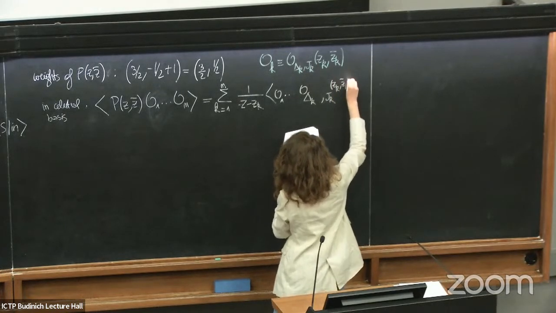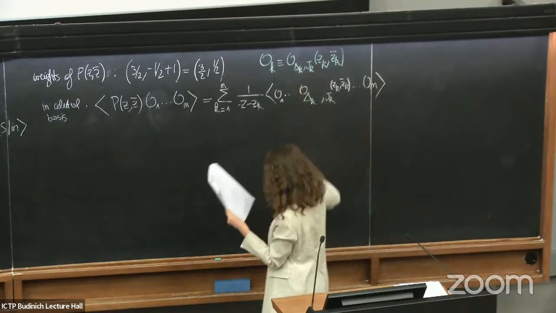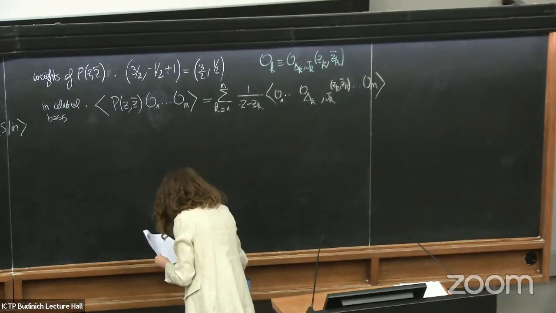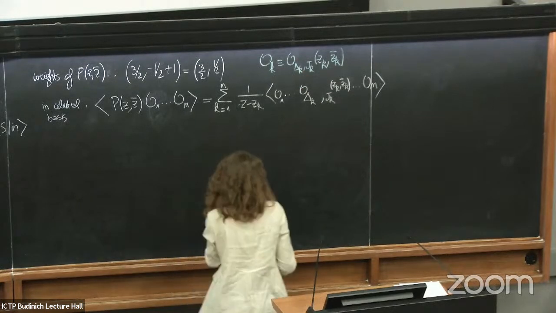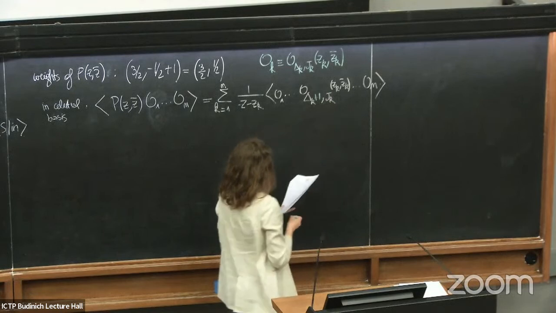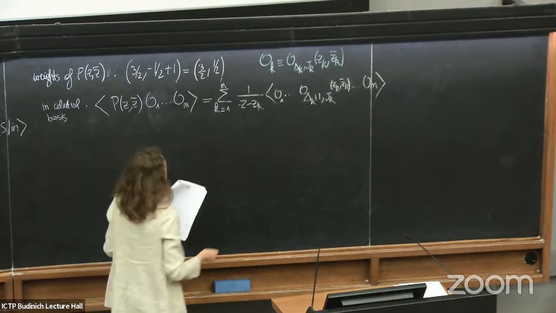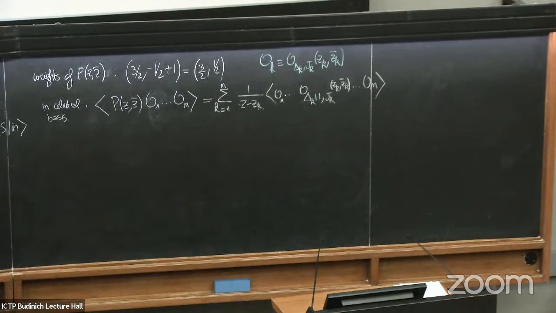You can check this very easily. This is just by definition of what is a celestial operator as a Mellin transform of the plane wave. But now you see that before, when I had this in the momentum basis, I had this omega here in the numerator. Now when I do the Mellin transform, which is here,